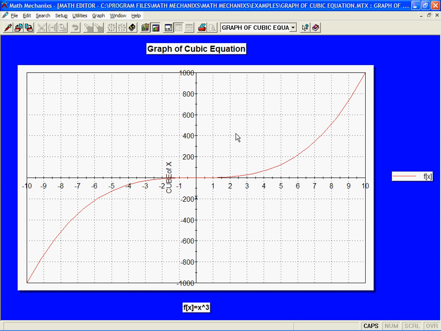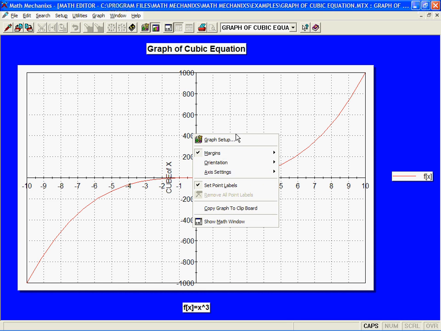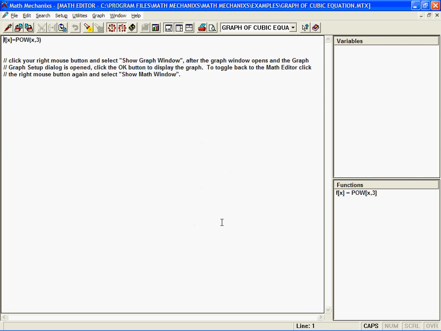If we want to toggle back to the math editor, we simply right-click our mouse, click Show Math Window, and it brings us back to our editor. Another way to toggle back and forth is to use our toolbar. As you can see, this toolbar button is the Show Math Window button, which we are currently on, so it is highlighted. This button right next to it is the Show Graph Window button, and if we click on that,